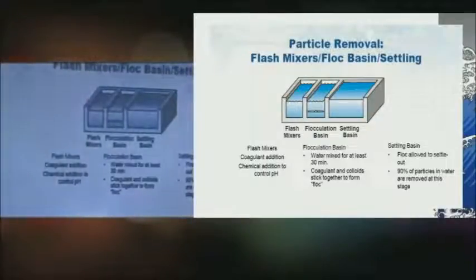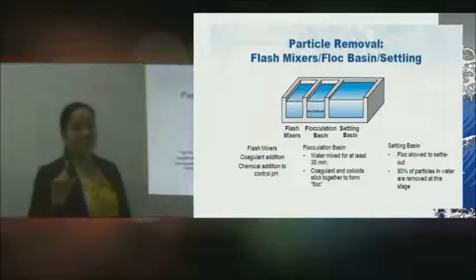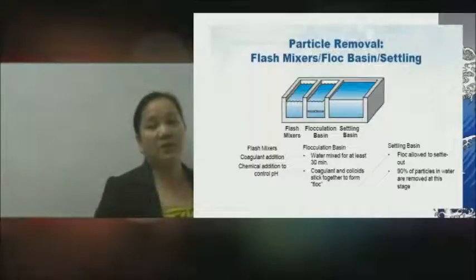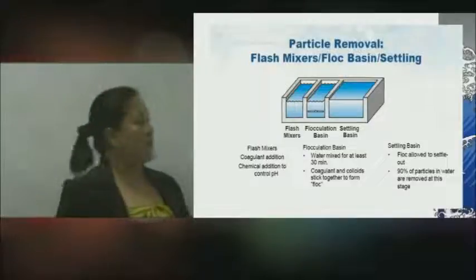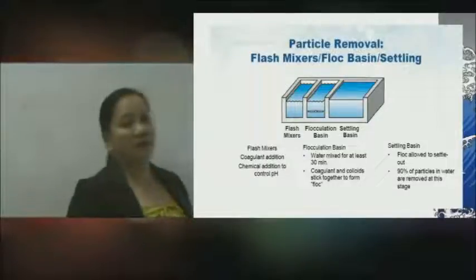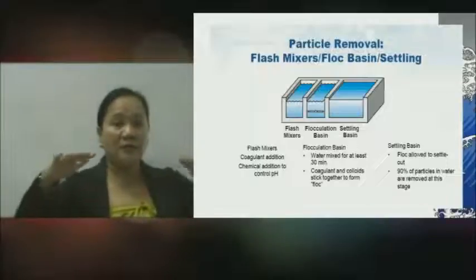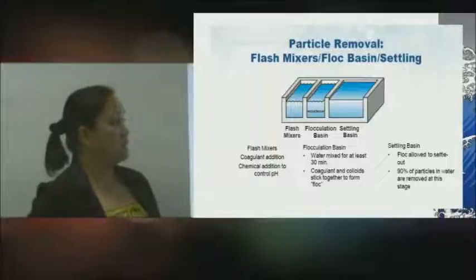You still have the mixing to ensure that there is uniform spreading out of chemicals, but what do you think would be the flow rate? It should be slower, or relatively slower, as compared to that of the coagulation tank, because your objective is to settle all the floc down at the bottom of the flocculation basin.